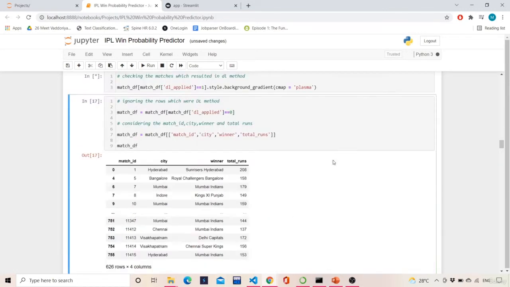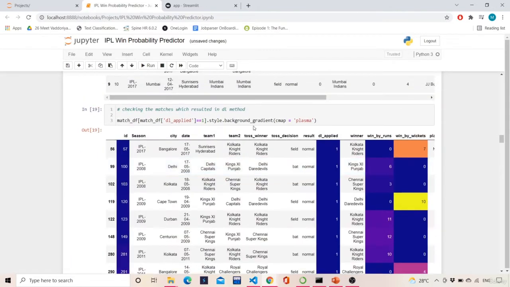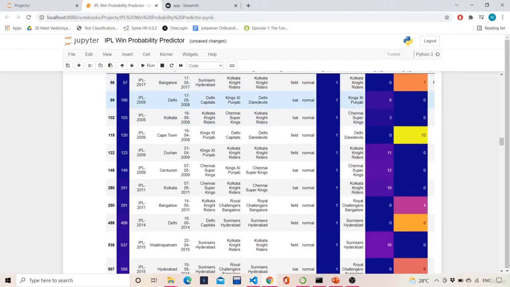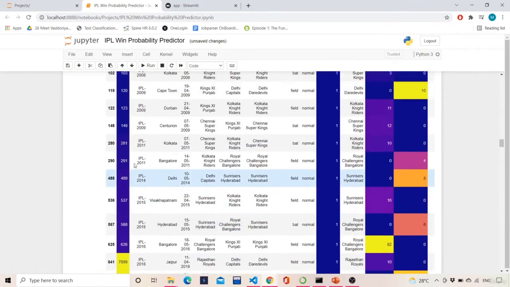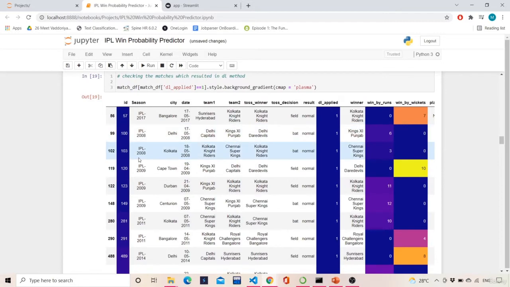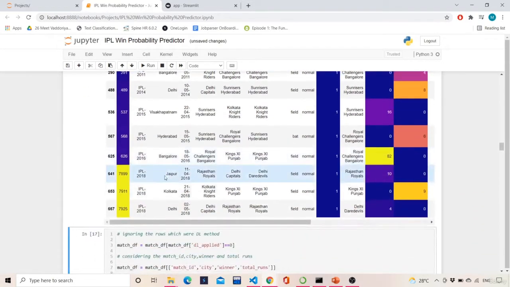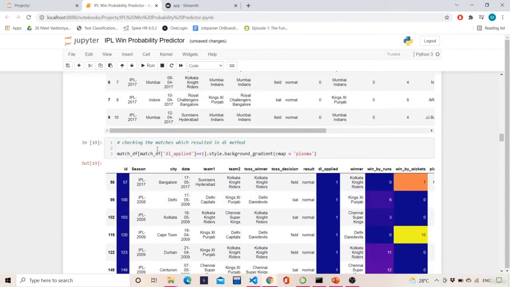When I press shift enter, I get a data frame showing DL applied as 1 for these matches: 2017, 2008, 2009, 2011, and so on. These were all DL method matches.